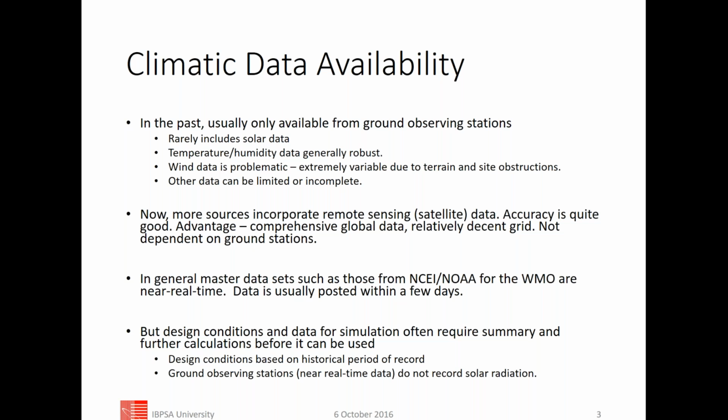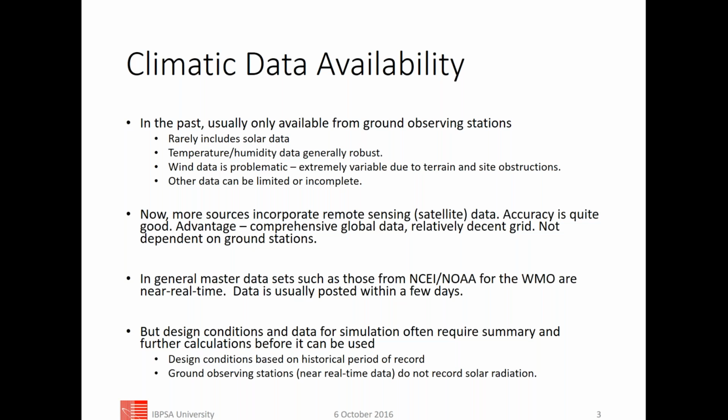We've got more opportunities appearing, though. Remote sensing, particularly satellite data, has been tested against ground, and it's reasonably good. There tend to be some biases, and I know they're working on that. But the beauty of it is that you can get a grid, and some of the work that NASA here in the U.S. has been doing with satellite data has been trying to make all the satellite data available, hourly data,